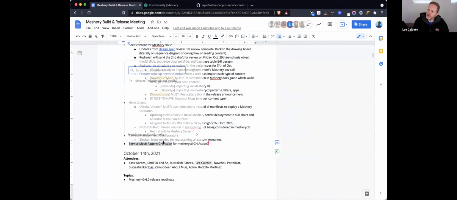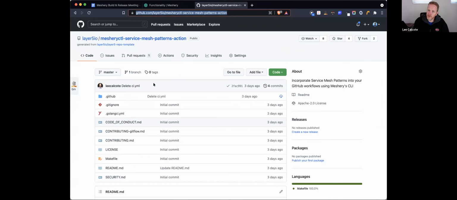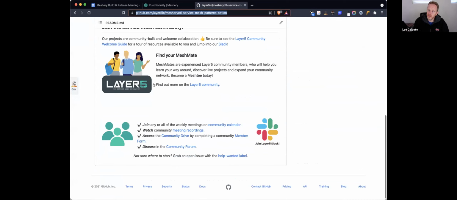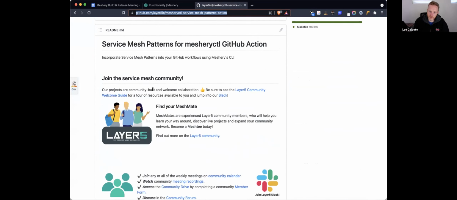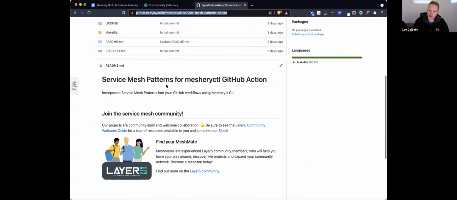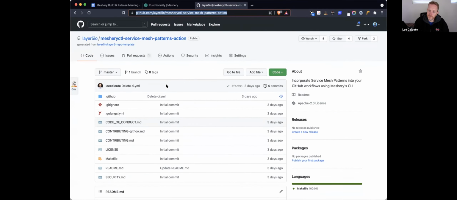You're going to apply a pattern, and there's a lot within that, which might mean Meshery is connecting to a Kubernetes system, deploying a service mesh, running a performance test, potentially any number of things. Potentially importing a pattern. Someone may offer a URL that they want to import temporarily.